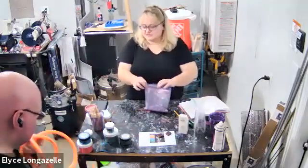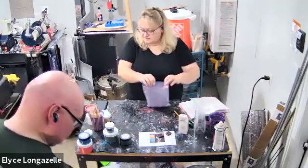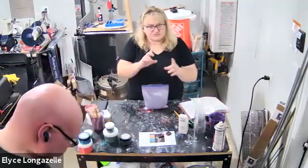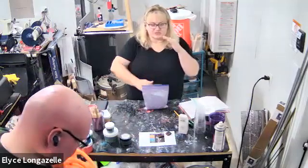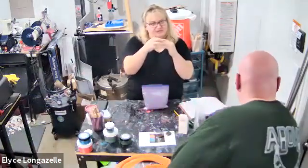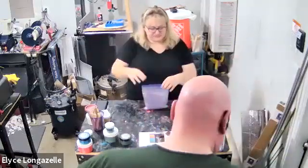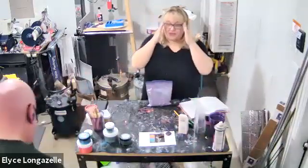So the reason I didn't do the coat hanger thing with the Arabian Nights is I didn't want the swirls. As you're layering, as you add more, they kind of mix on their own right where they combine, but it creates a really nice ombre effect from the top to the bottom. And that one, when it came out,